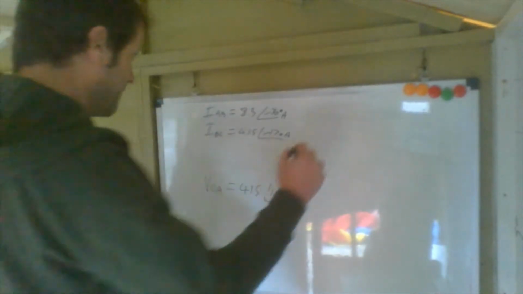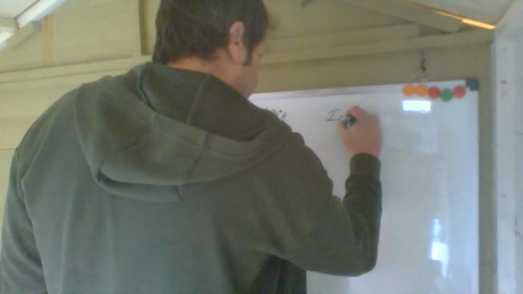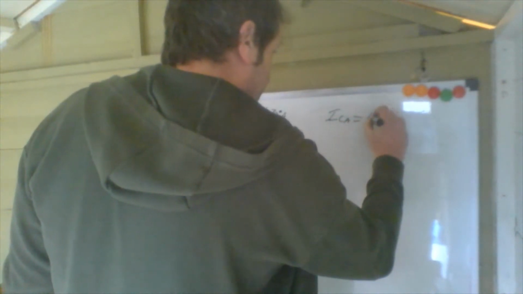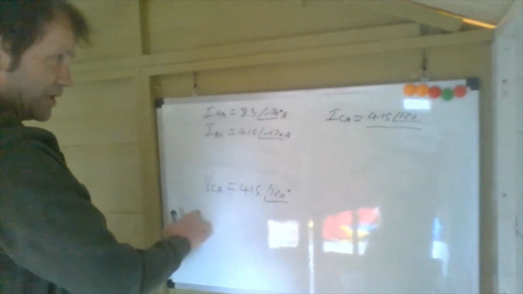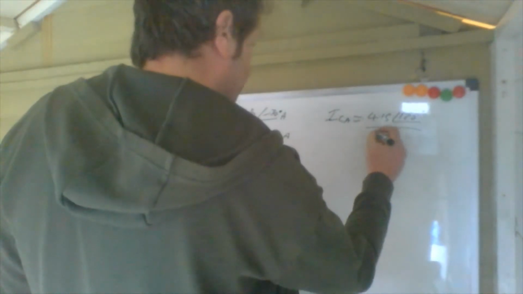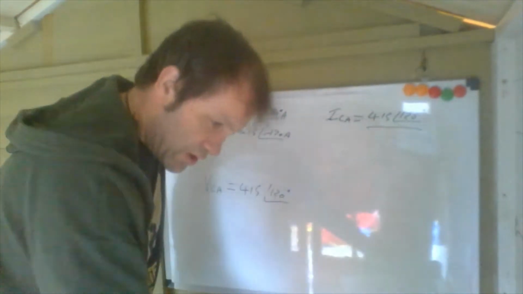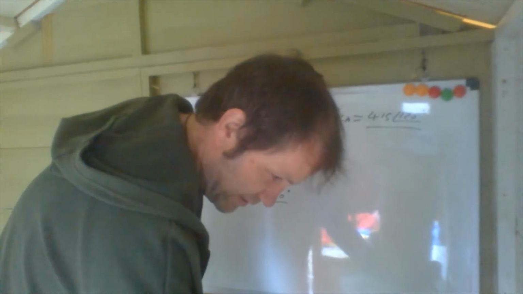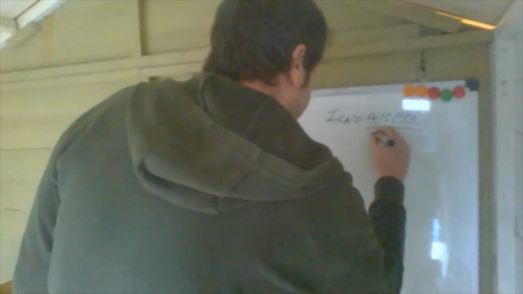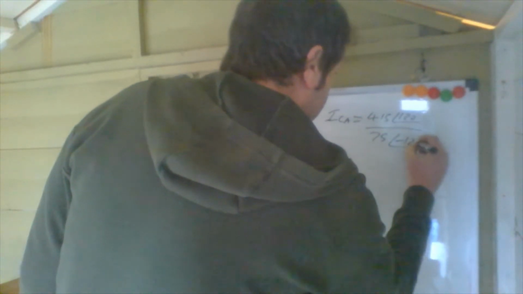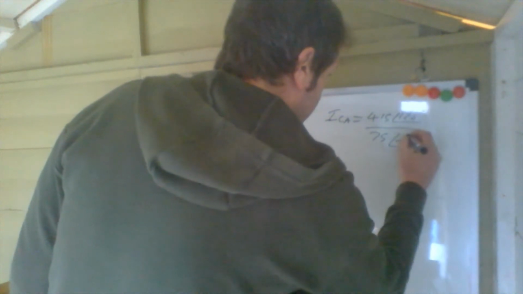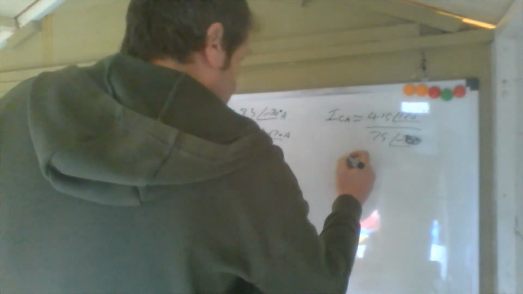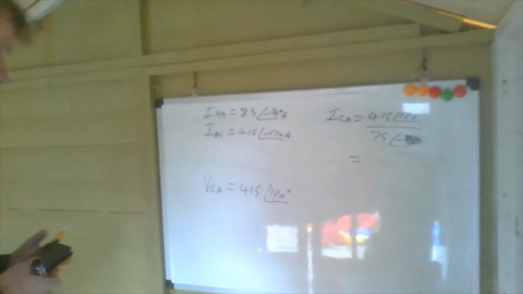And now ICA equals 415 at 120 degrees. That's this one. Divided by 75 at minus 20 degrees. Yep. This is equal to